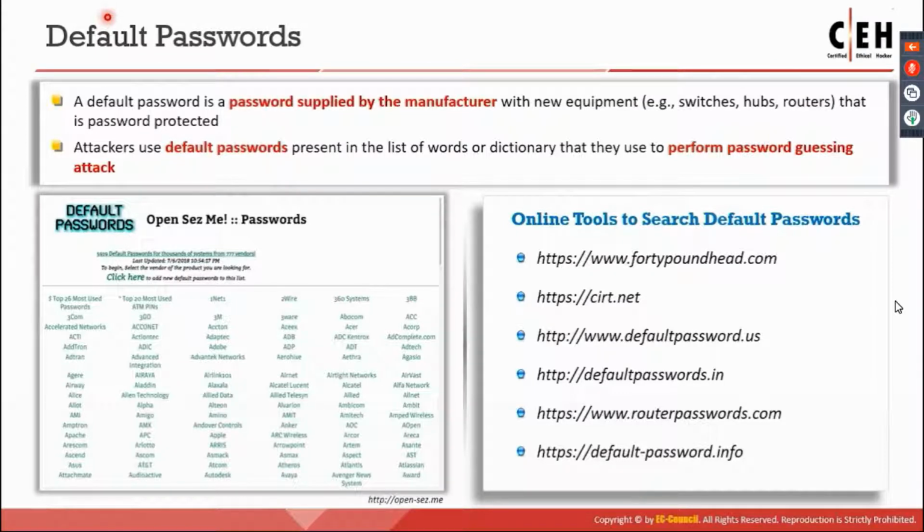In fact, try this. Open up a tab in your browser, go to DuckDuckGo or Google, whichever, or you can even search in Yahoo if you want. But go to your search engine and type in default passwords. You will see that you'll get a list from some sites like cert.net, defaultpasswords.us, and others. In fact, if it's Google, right at the top of your search, you'll see some of them, and these are the default passwords